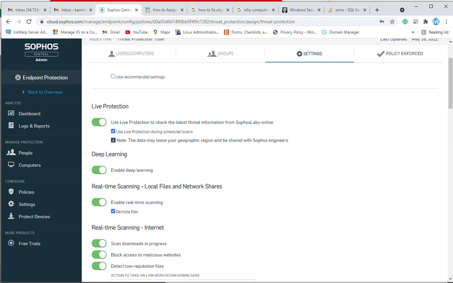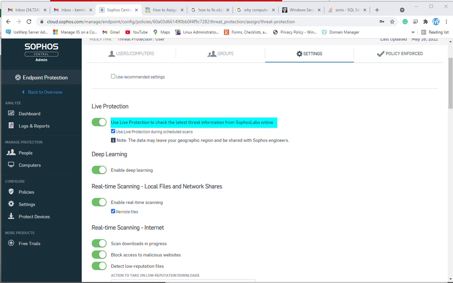The first option is live protection. Live protection basically checks the latest threat information from Sophos Labs. This is really an important part of Sophos Central, because whenever any new threat comes on your machine, it should also be informed to Sophos Labs.